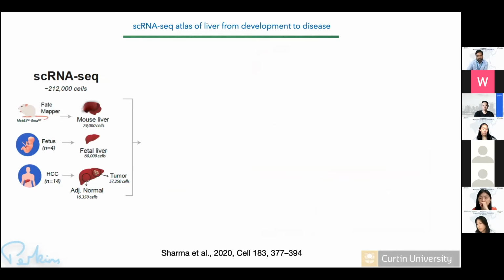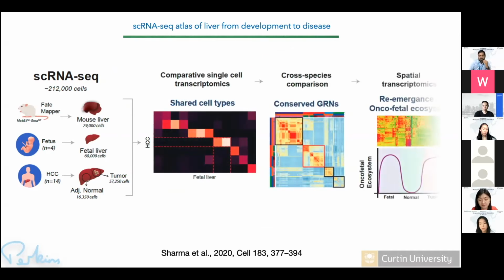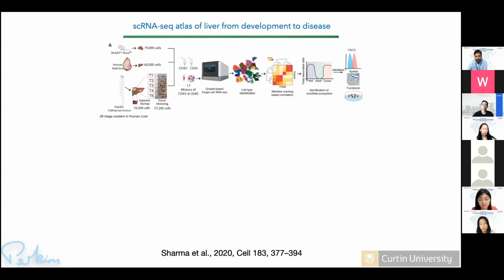As PS mentioned early on, the journey started with this paper, where our idea was to make a single cell atlas of HCC, but we went on a little adventure and tried to include human fetal liver and some mouse models to see what the similarities are between a developing tumor and fetal tissue. To cut a long story short, we found some cell types which were shared between fetal tissue and tumor, and we identified some transcription factors which could be governing these phenotypes, and they were co-enriched in a tumor microenvironment.